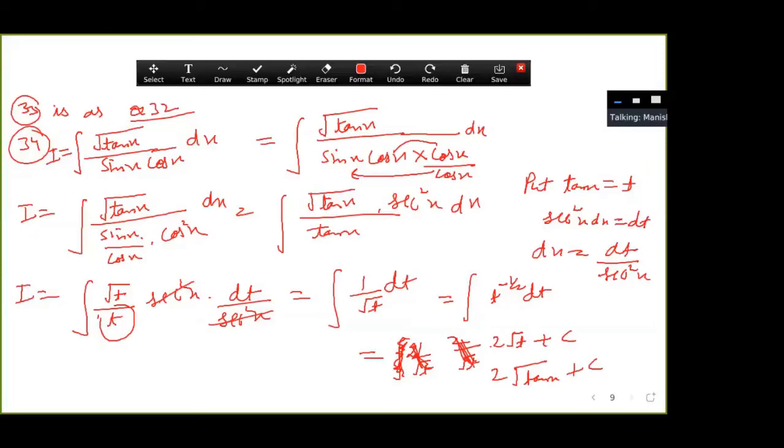Now do 35, 36, 37 on your own. I think after giving a lot of hints and the solutions of a few questions to you, you can now do questions 35, 36, 37 and the multiple choice questions on your own. Now this is the completion of exercise 7.2. We will do exercise 7.3 in the next video.